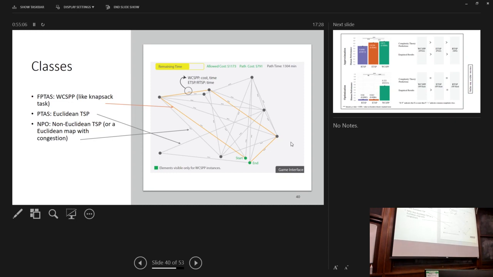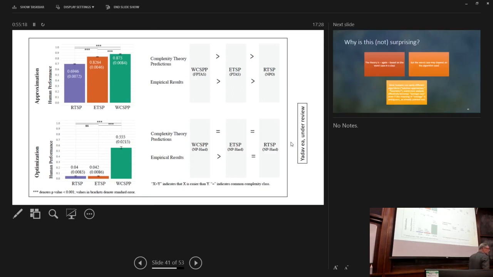So you can approximate this very well, and they can solve this problem in a very short period of time. Question is, how do humans do? Can I use this classification, which is a classification for Turing machines, for humans? And the answer is absolutely yes. Right? So you see on the left-hand side there, approximation performance, that is, what is the percentage of value they reach? And as you can see, the WCSPP, which is this Google problem,